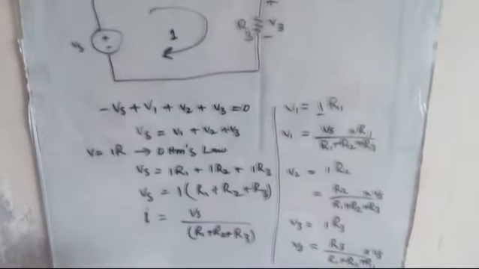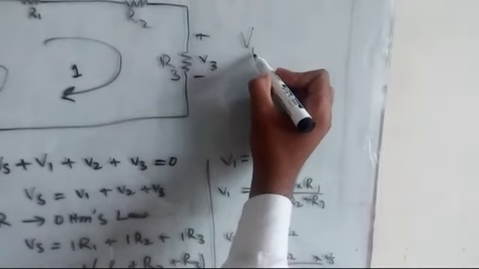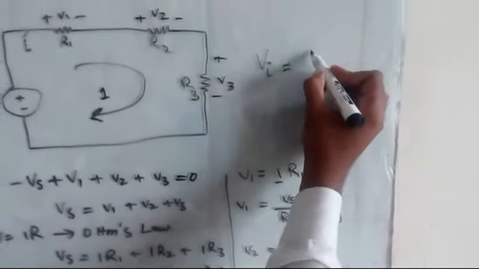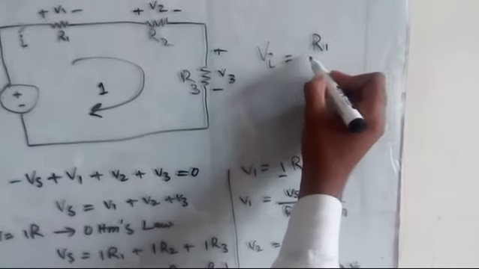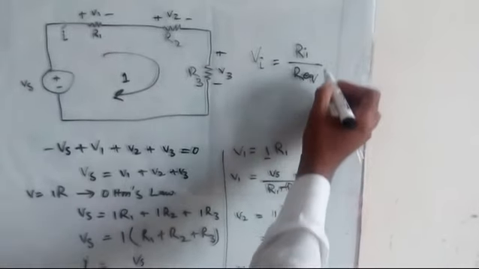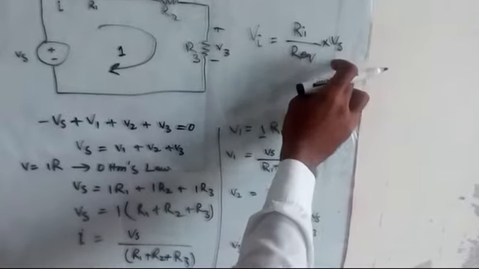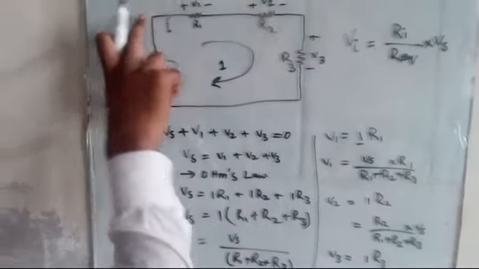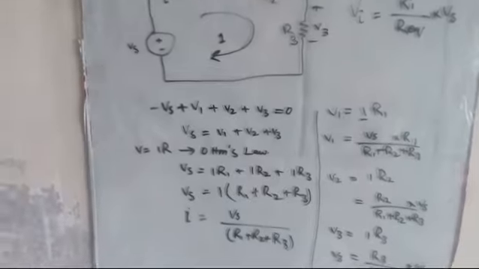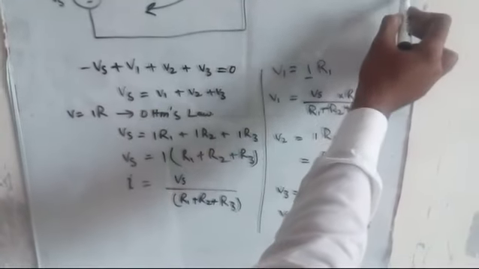So the general formula can become, if we want to find the voltage across the ith component, the resistance of that ith component will be in the numerator and total equivalent resistance will be in the denominator, and multiply by the total voltage of the source connected across these series resistances. So this is the formula of voltage division rule.